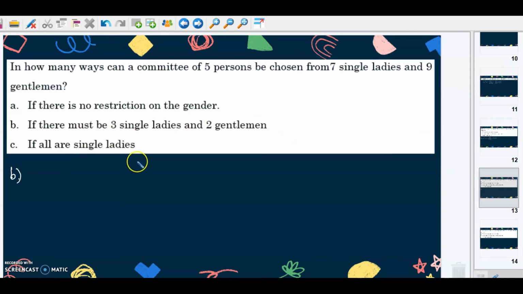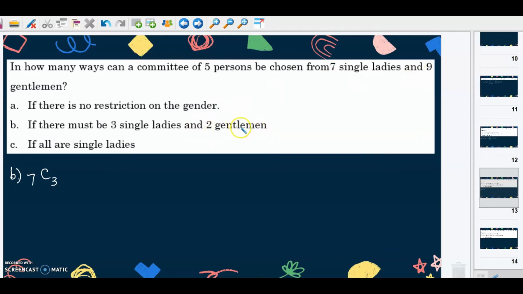So the first thing that we need to do is to get these 3 single ladies, then we must choose this among the given number of single ladies in the group. Since there are 7 single ladies from the group and we must only choose 3 among those 7 single ladies, then that means we will have the combination of 7 taken 3, and we need to include 2 gentlemen, and of course, to